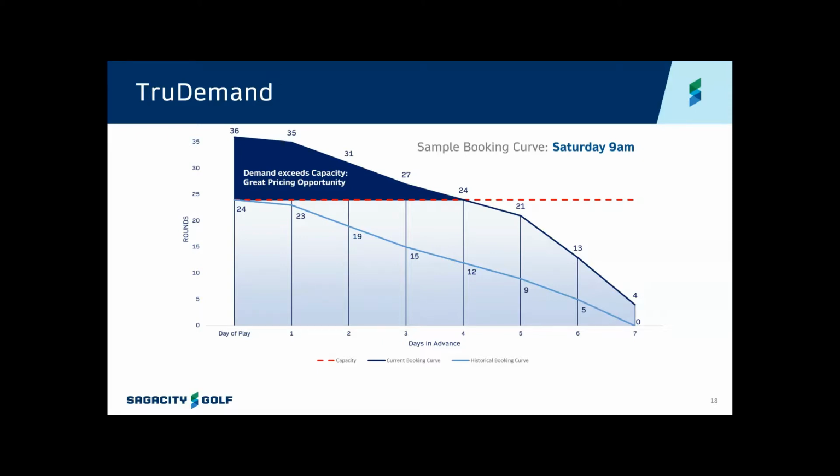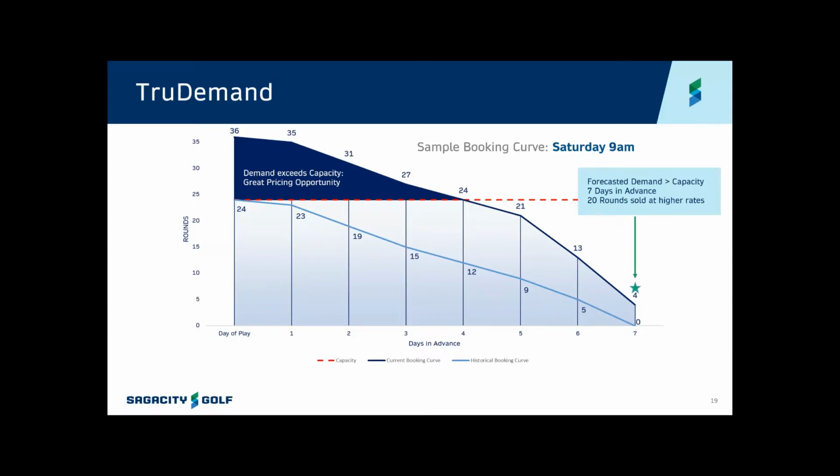And when we can know this, and this is part of what our proprietary patent pending technology solves for, because that data isn't known in your tee sheet, but we can approximate it, and we can solve for it based on our proprietary algorithms that calculate true demand. And the idea here is that when you look at this 7 days in advance, and you have 4 rounds on the books,